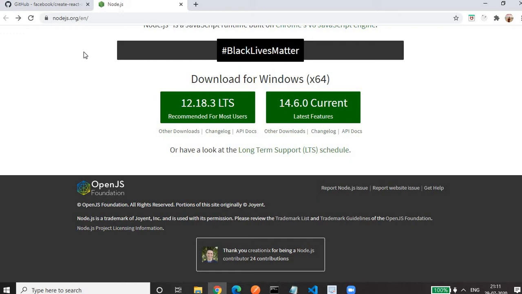Second thing, we need Webpack. In our React.js project, what we usually do is divide our functionality into small files, into small modules, instead of putting everything in a single module. The advantage of dividing our application into small modules is that maintenance will be easy.